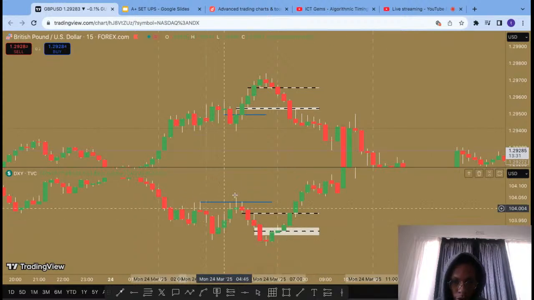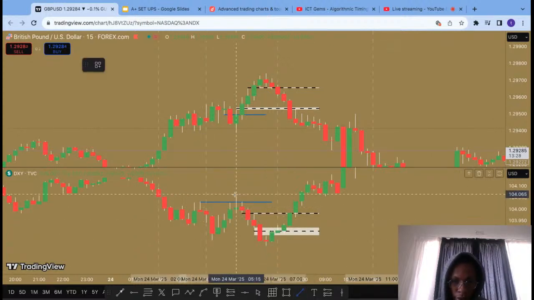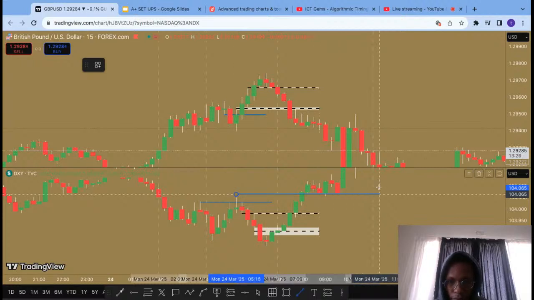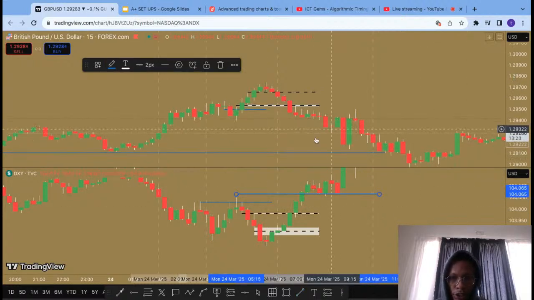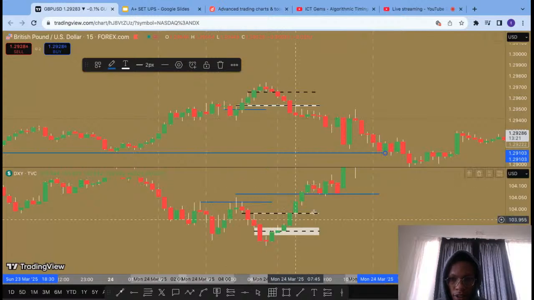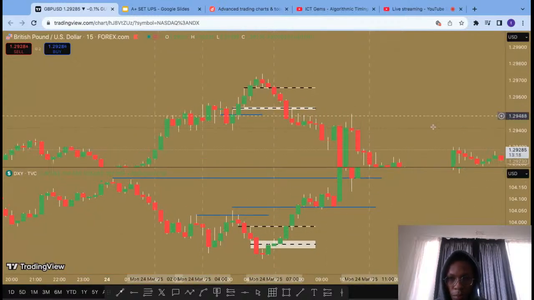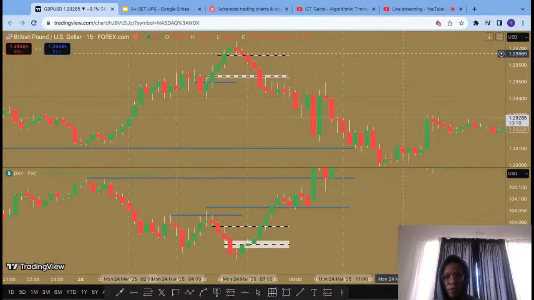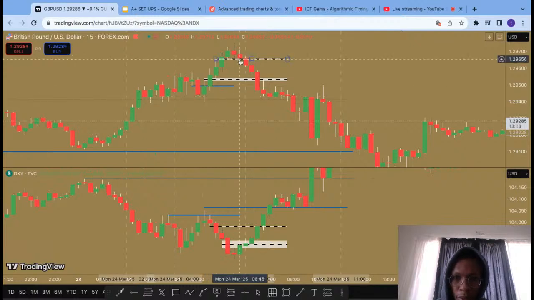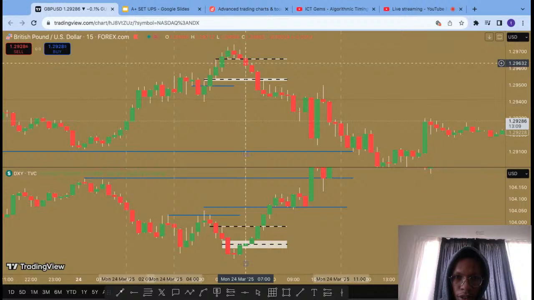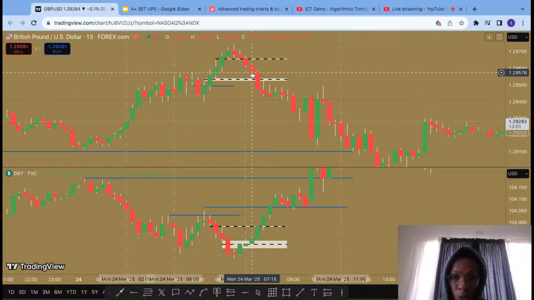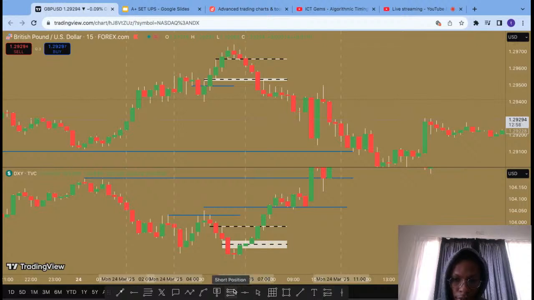Because we sweep this low, this wick high becomes a bullish breaker high. Mind you, on GU, what are you looking for still? This sell side here. So I'm still going off the assumption of trading pound USD here. But cool, so the same candle. Here, GU makes its inversion first. We're like, must I go short? No, wait for Dixie. It makes its one over here. If you choose to get short there,